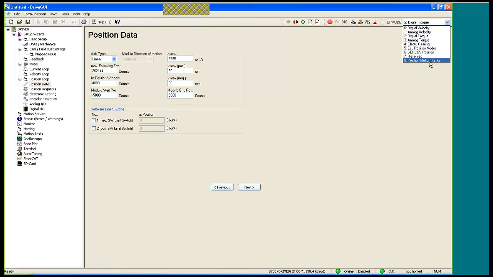Op mode choice would be position motion task. Define whether you have a linear type application or a modulo. The linear is used if you do not need to define your ends of travel for rollover purposes. Modulo, if it is selected, you have a starting point for position and an ending point for position that helps manage the position counter. So if it was 3 revolutions of the motor and you want to roll over the number of counts, we previously set the